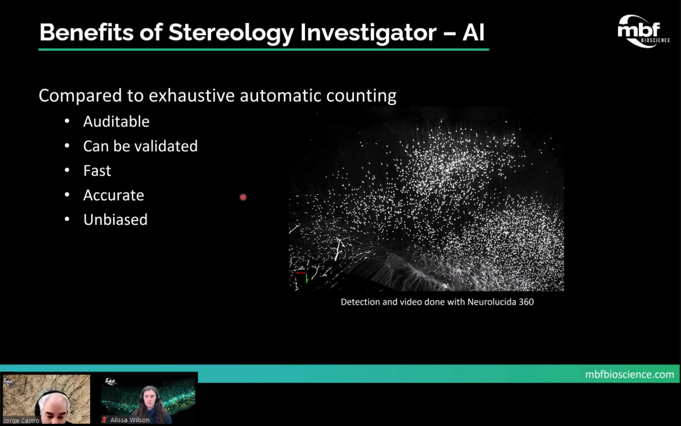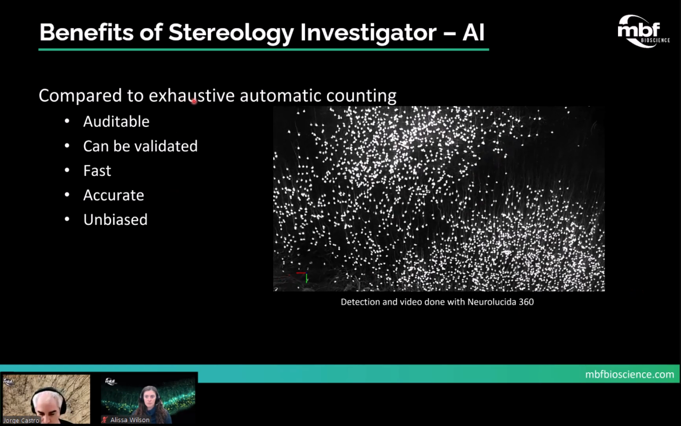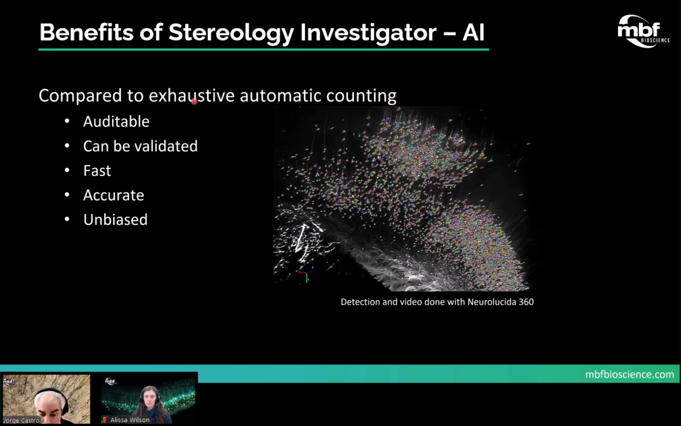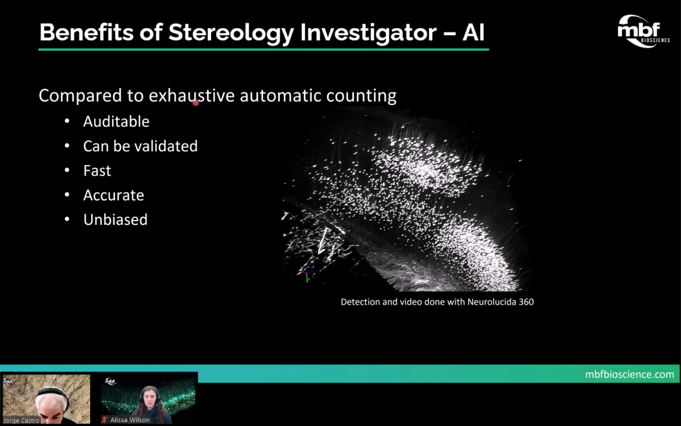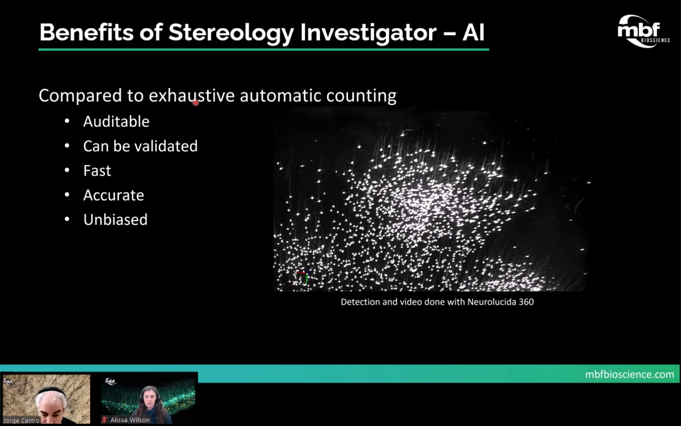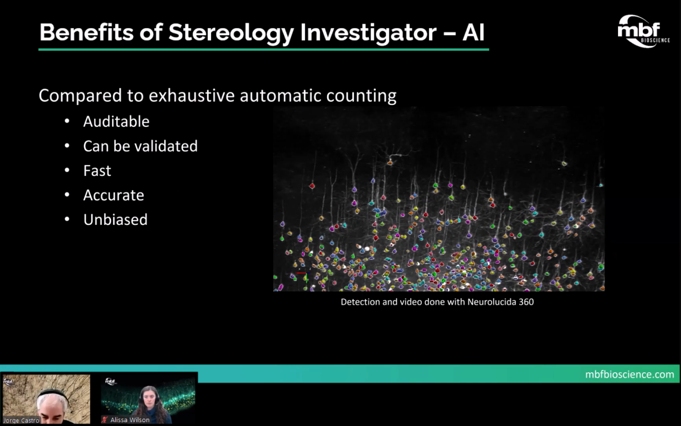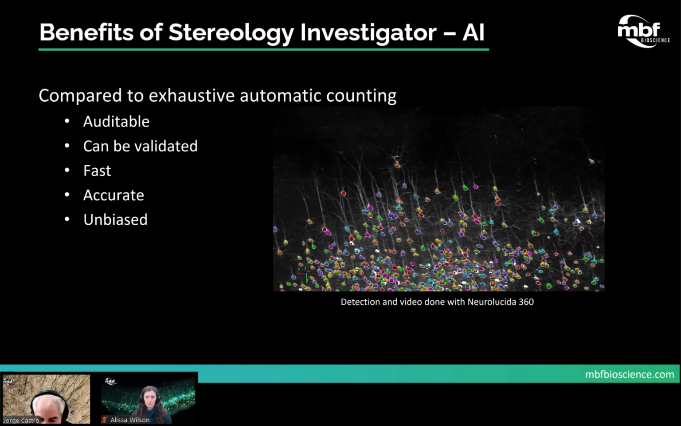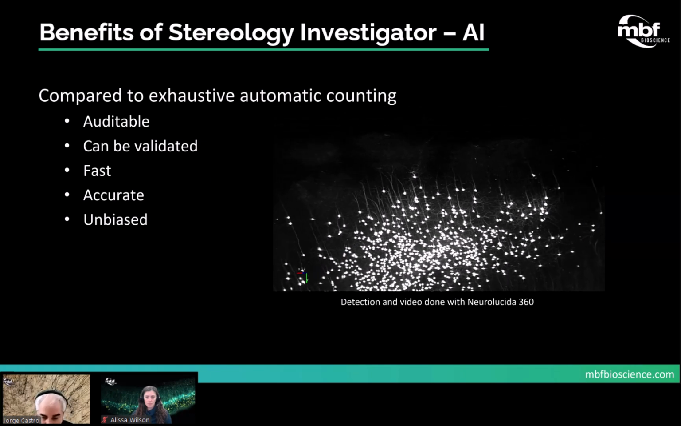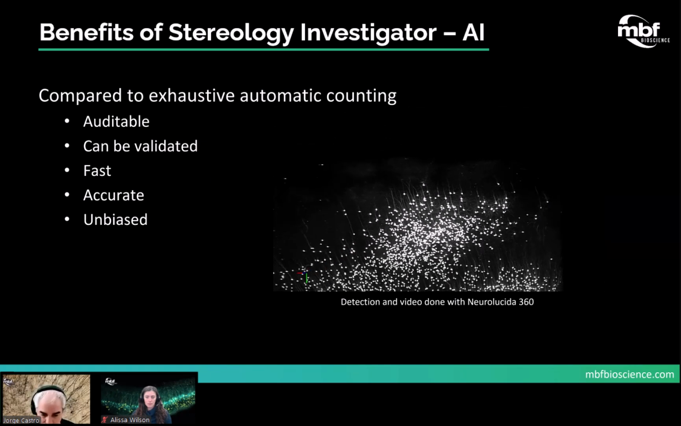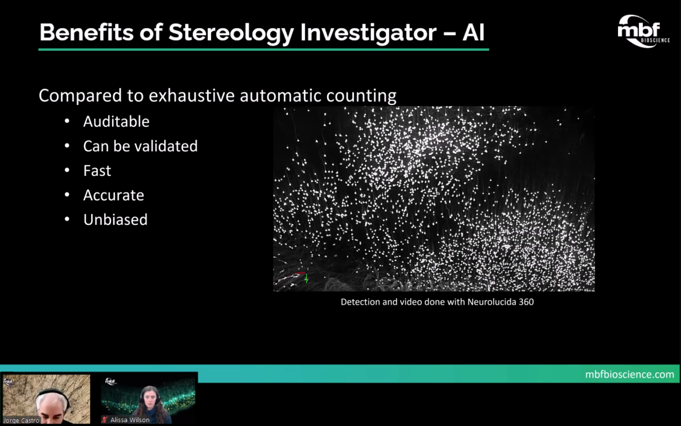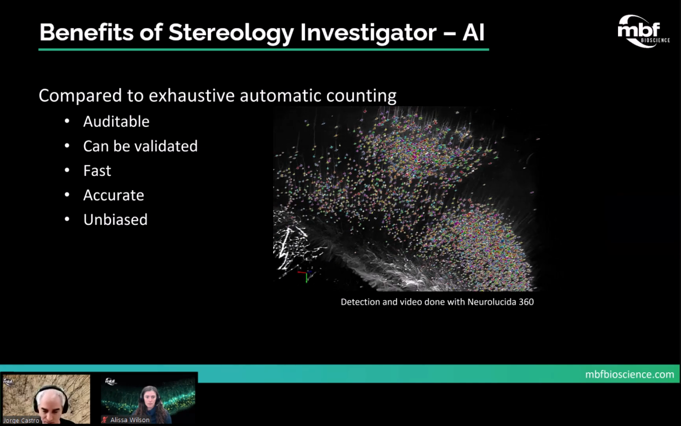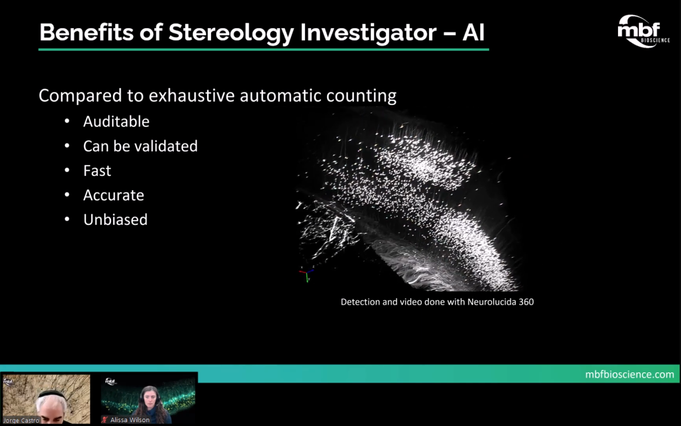Now, what are the benefits of Stereo Investigator AI when compared to exhaustive automatic counting methods? We know this is not the first software that does automatic cell counting. In fact, in this video here that was created with another MBF program that has the capacity to do automatic cell detection in an entire region based on pixel intensities. The software is called Neurolucida 360. So the problem of trying to do a cell detection in a massive data set, for example, trying to do